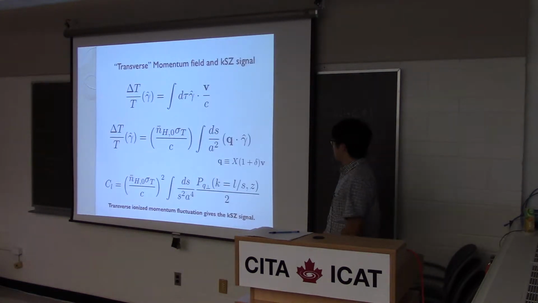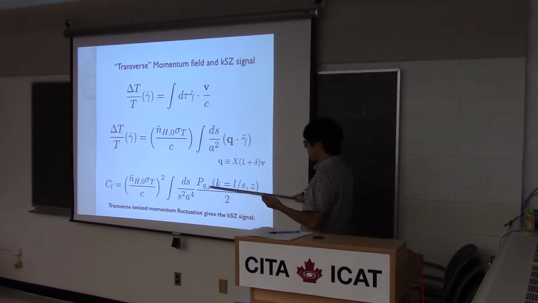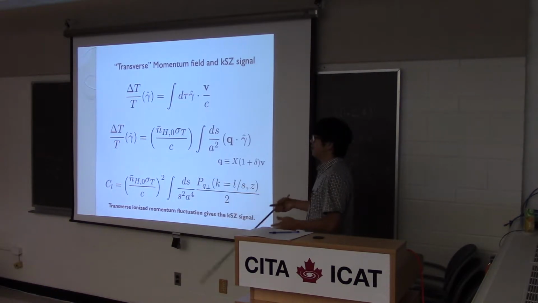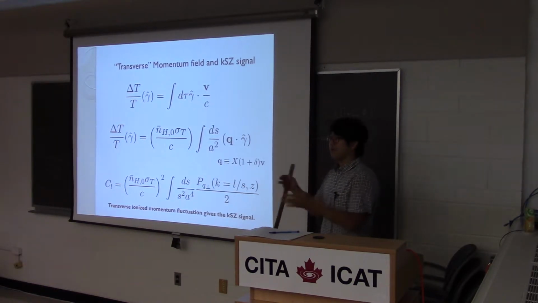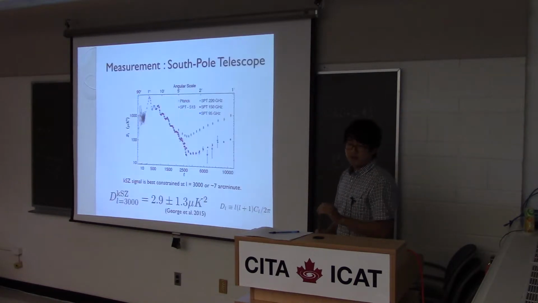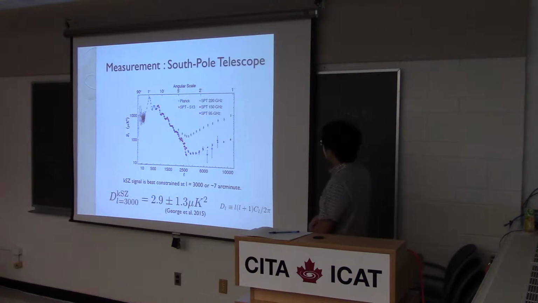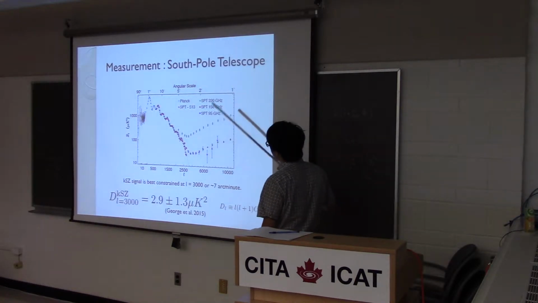So that's why you have the transverse momentum field here in this integral; the longitudinal mode gets wiped out as you do this line of sight integral. So then, what we see from the observation: currently the South Pole Telescope is putting some constraint